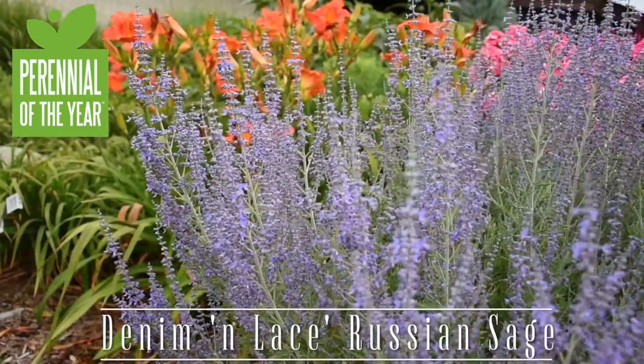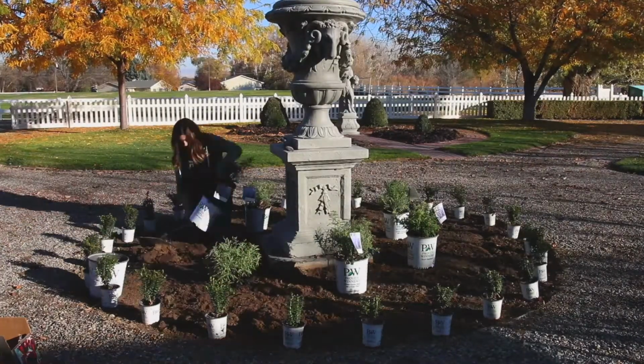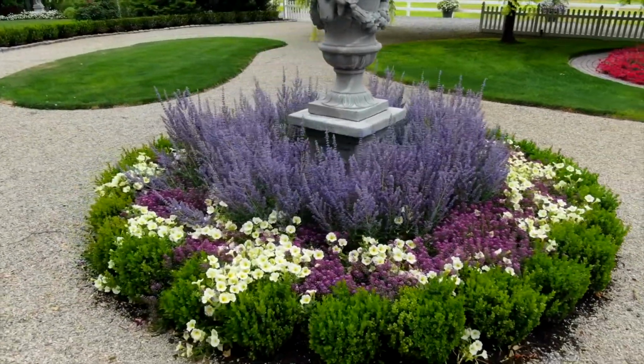Today I want to talk about the 2020 perennial of the year, which is denim and lace Russian sage, one of my personal favorites out in my garden. I've had these planted for about the past 3 years around a large urn in our formal garden, and you would not believe the amount of color and beauty they have added to that space, all while being incredibly low